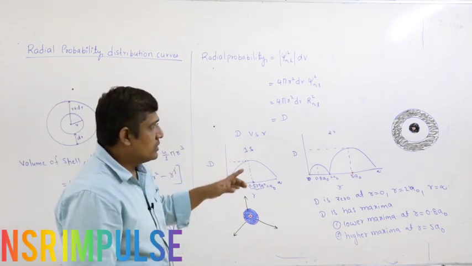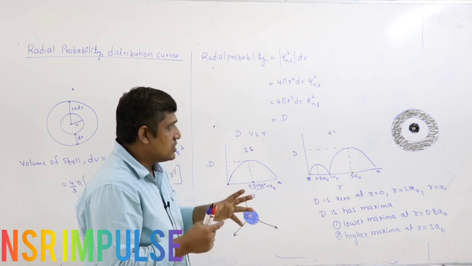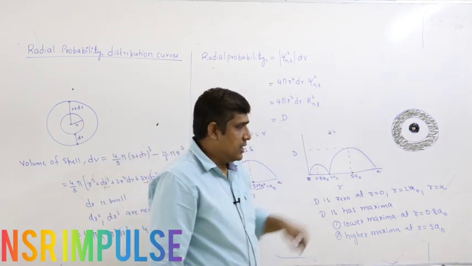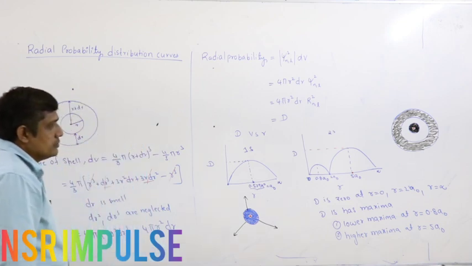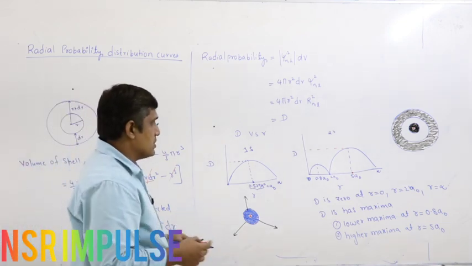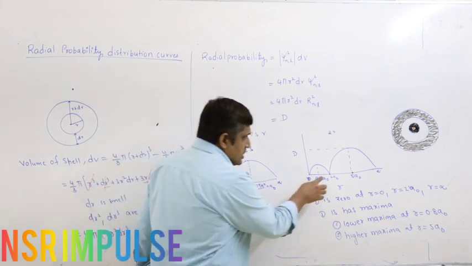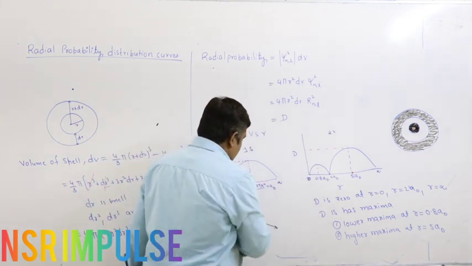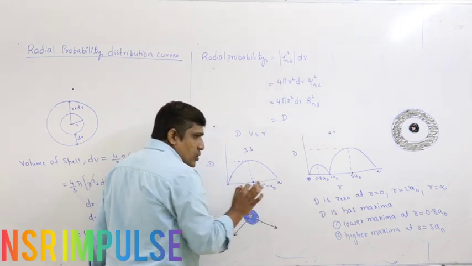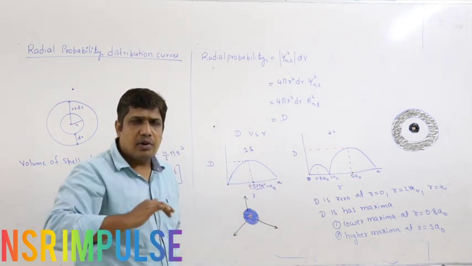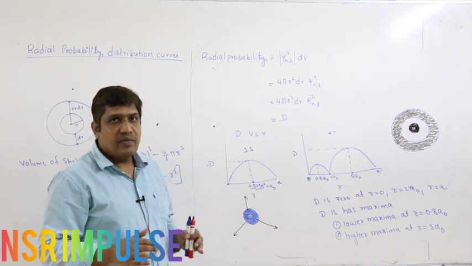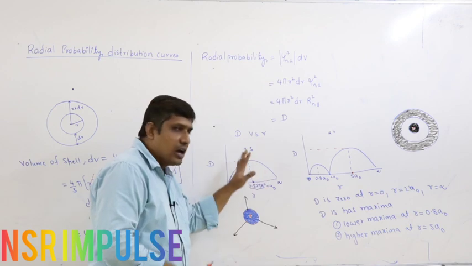So in 2s there are two shells, two concentric shells, right, one overlapped into the other. Similarly you can draw for 2p, 3s also. Here there are three nodes. Here you have two nodes, 1, 2, but r equal to 0, r equal to infinity. These nodes are common for all orbitals, hence they are excluded. If I exclude these two, there are no nodes.